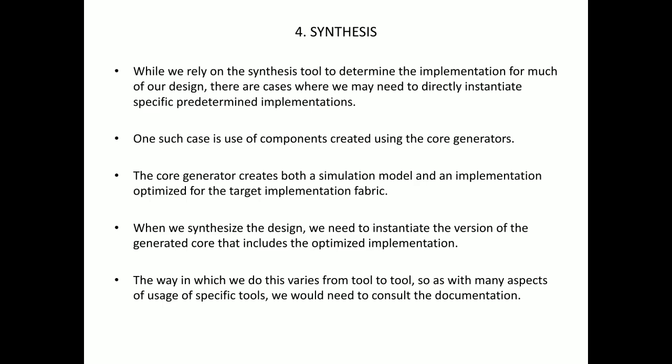When we synthesize the design with the help of the core generator, we need to instantiate a version of the generated code. What version? There is version number 1, version number 2. We need to specify the version because the tool vendors and designers periodically keep updating their library cells. The same design in 2000 may work for 10 inputs, while the same design in 2020 may work for 20 inputs. So we need to be aware of the version also.